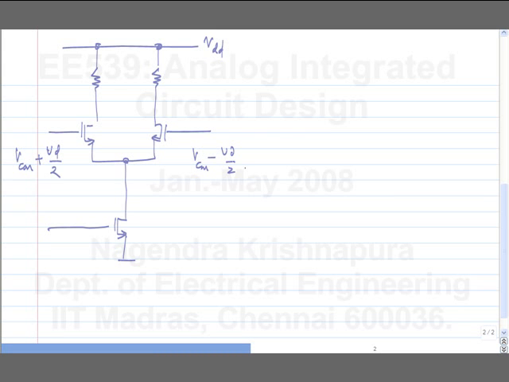These are the differential inputs, and the output is defined between these 2 points. Okay. What is the output common mode voltage? So in quiescent condition, I naught by 2 flows here and I naught by 2 flows here. So the common mode output is VDD minus I naught R by 2